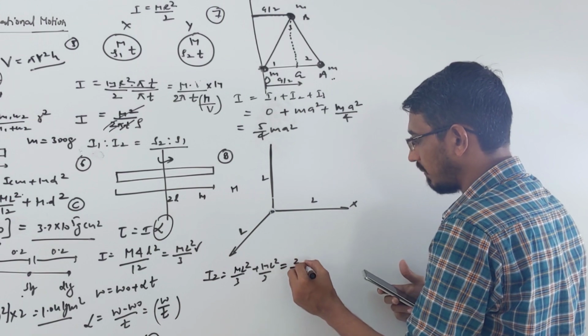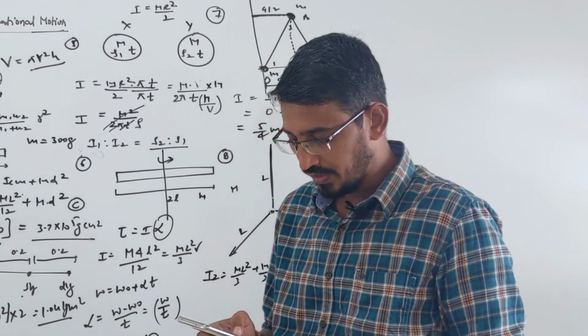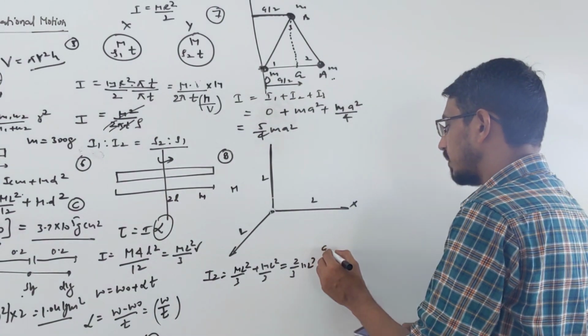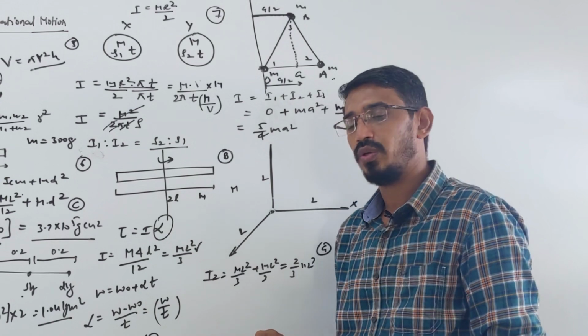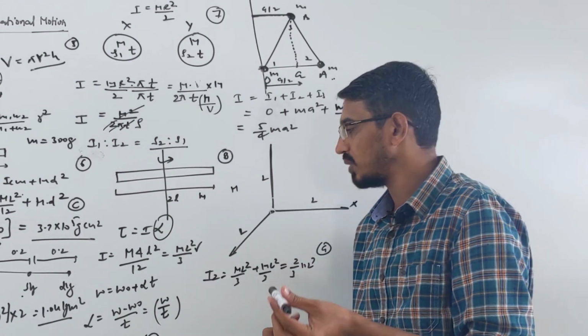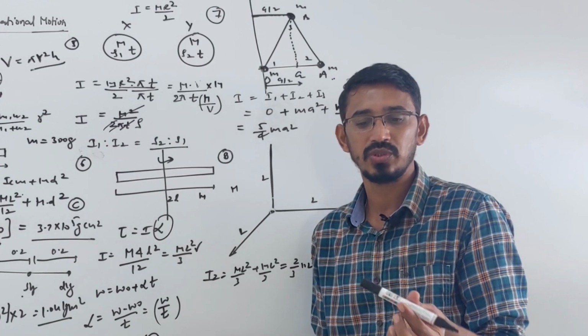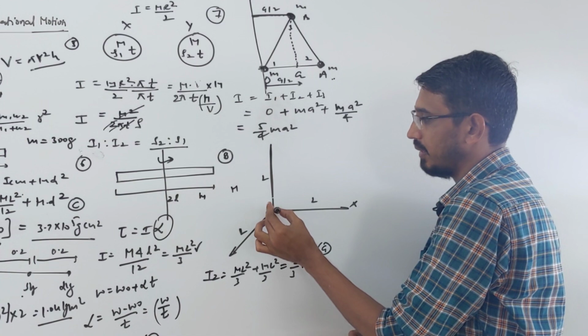So 2 by 3 of ml square, that will become your answer, which is given in your first option. So keep in mind, a cylinder has thickness, it has radius. So if you rotate a cylinder about its geometrical axis, it also has some inertia, but rod thickness is negligible. So if you rotate a rod about its own axis like this, inertia becomes